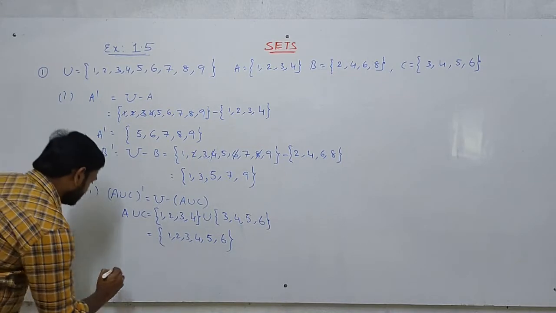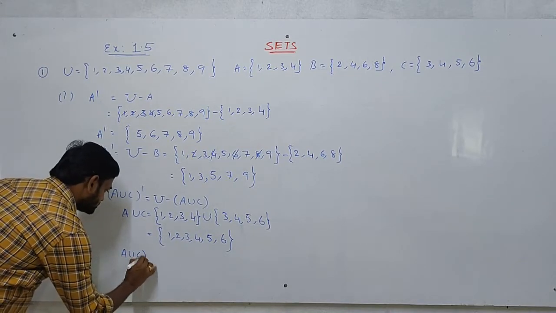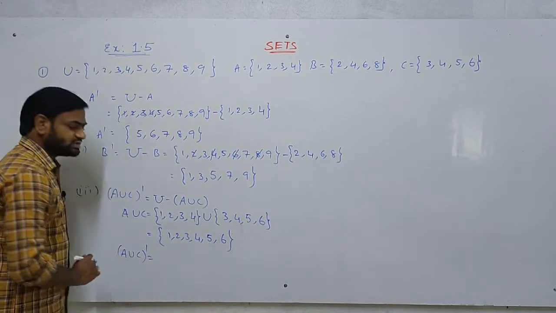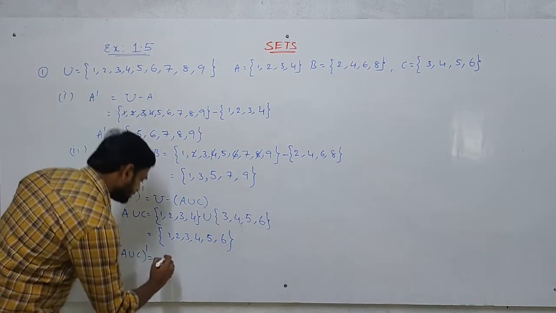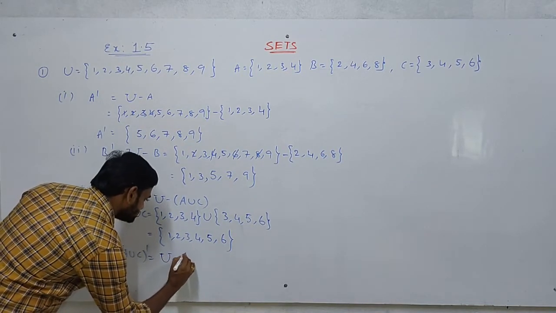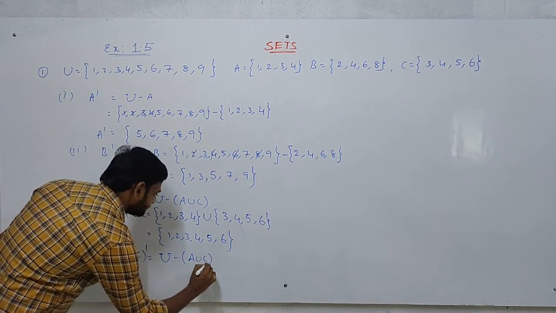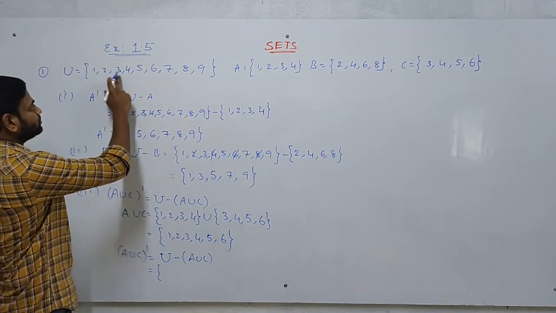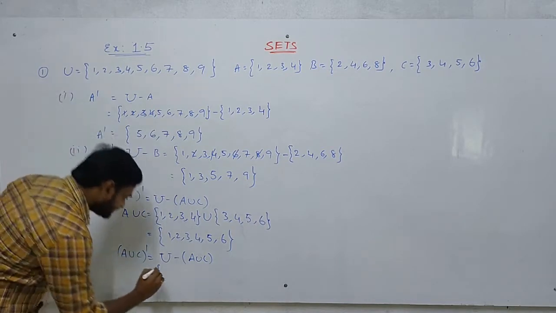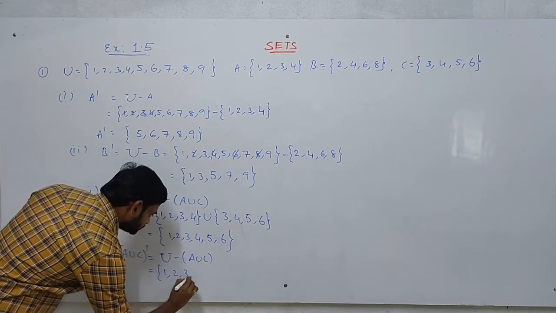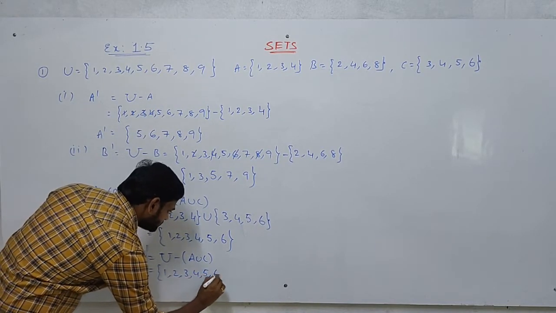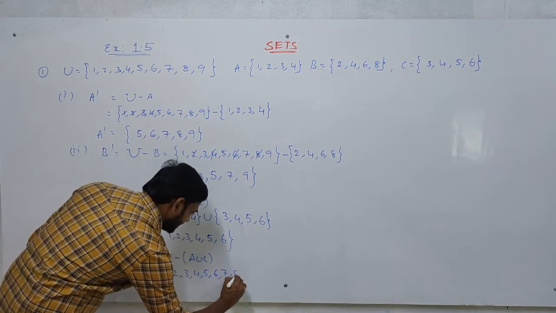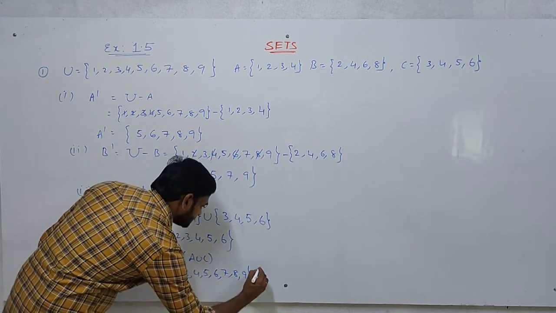Now I want to find A union C whole dash. So what is the formula for A union C whole dash? It is U minus A union C. So what is U? U is 1, 2, 3, 4, 5, 6, 7, 8, 9 minus